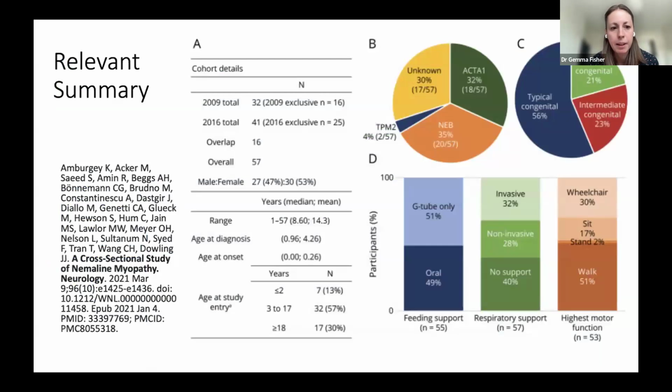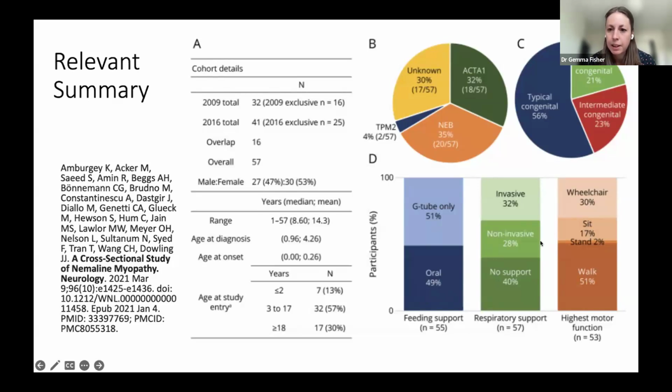From that study by Ambergi and team, this is a graph from their paper, and I really like this bottom diagram D, where it shows what life is like, I think, for people with Nemaline myopathy in one very brief view. So it shows that at least 51% of people need feeding support in the form of a tube, where 49% of people manage to feed orally. It shows that